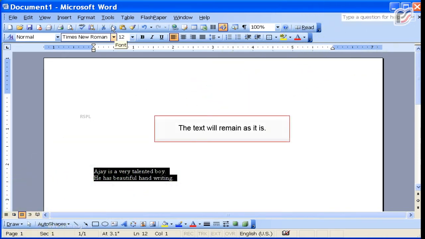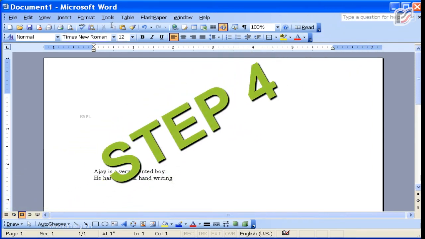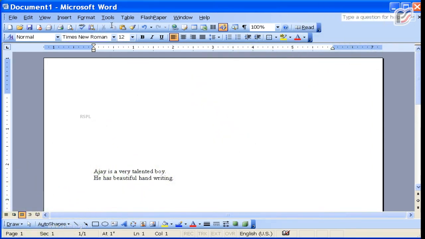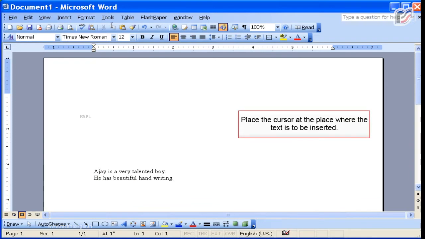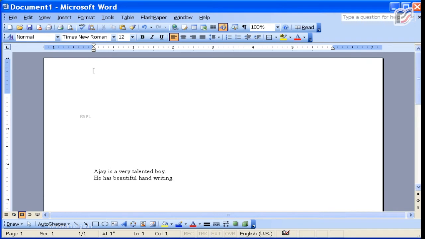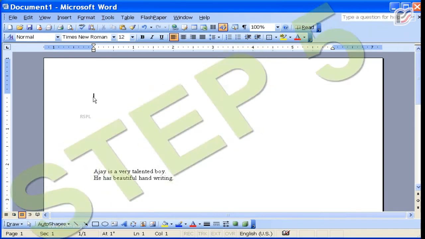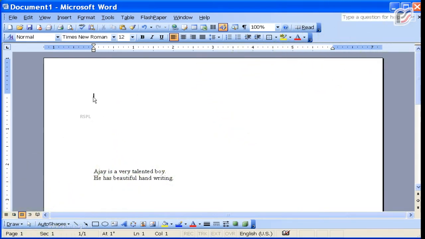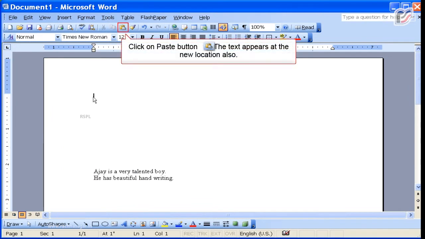The text will remain as it is. Step 4. Place the cursor at the place where the text is to be inserted. Step 5. Click on Paste button. The text appears at the new location also.